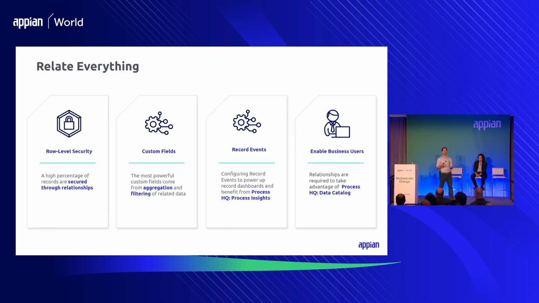Well, a lot of the features that are tied to record types get the most value when you start adding relationships between your record types. So a big example would be row-level security. Row-level security is for a single record type. So say we have cases, a row-level security would be, well, I can see this case, but I can't see